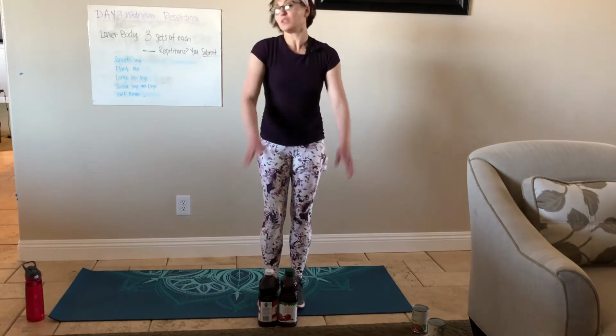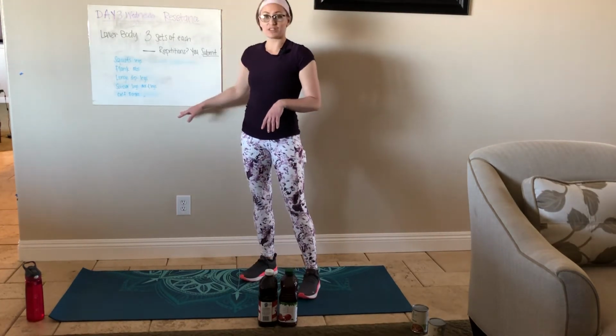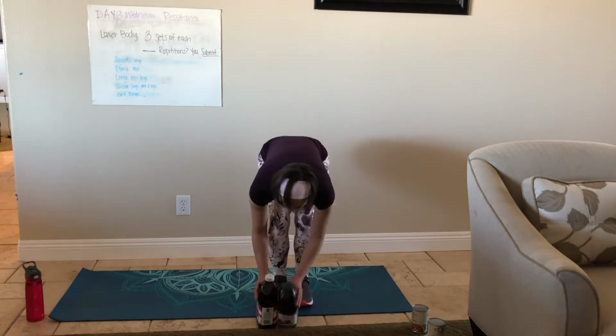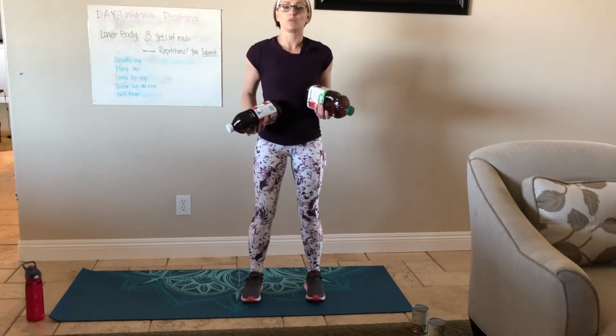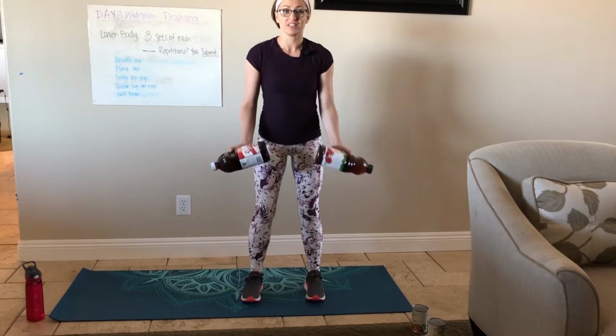If you need to pause the video, please do so and catch up with your writing your repetitions down. We are going to now start set 2. We're going to do all these exercises again. So I'm going to grab my weights. I'm going to start with our squats, feet shoulder width apart. And remember, knees don't go past the toes. Stick that butt out. And for 1,